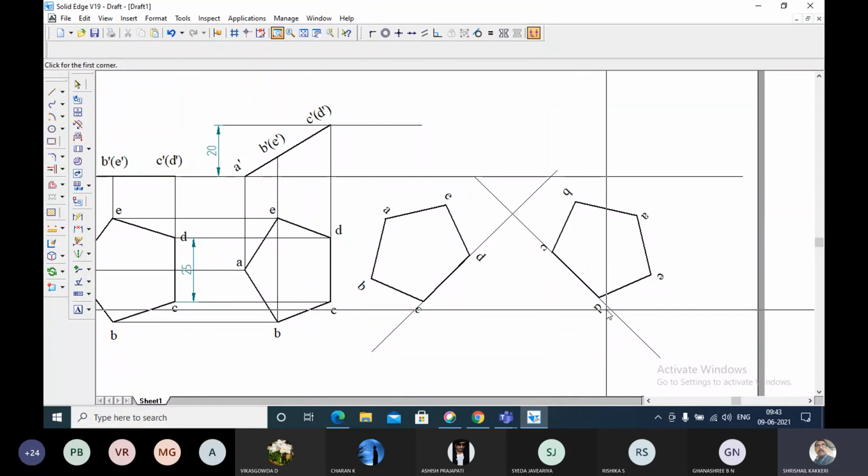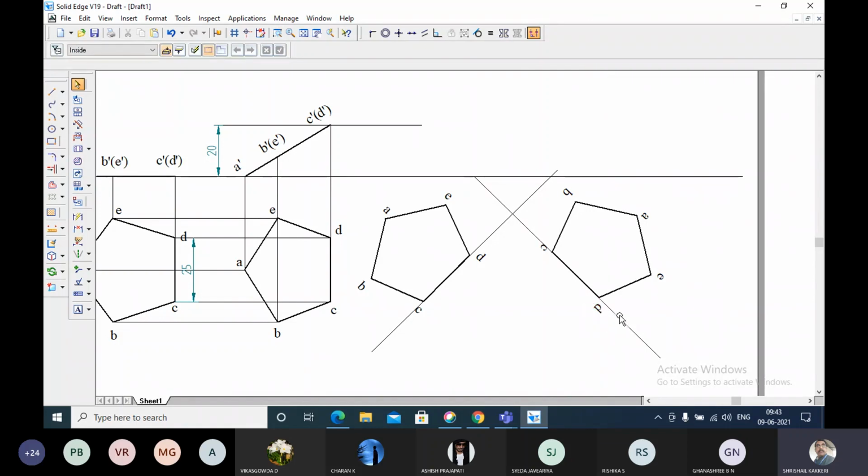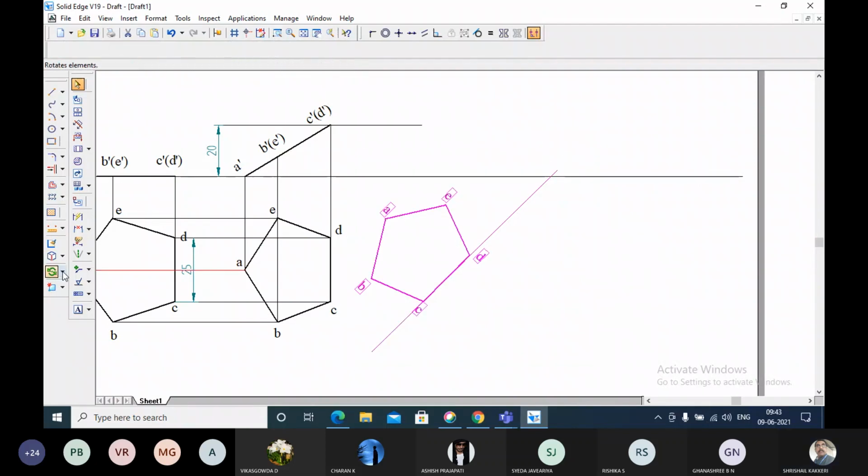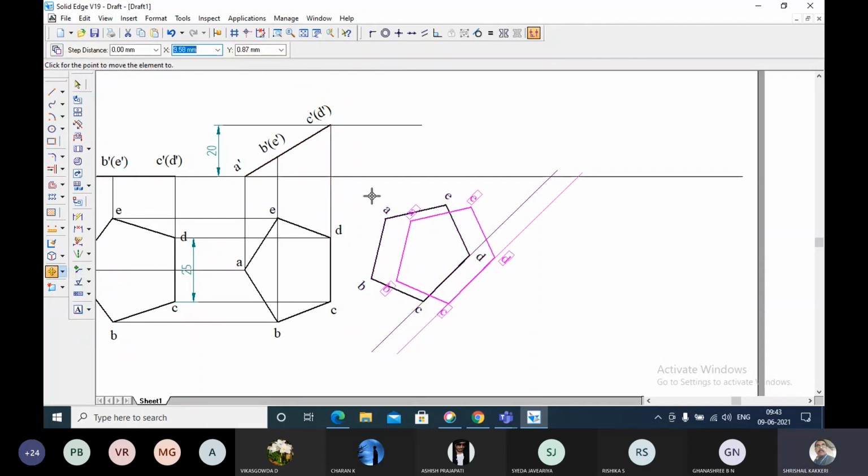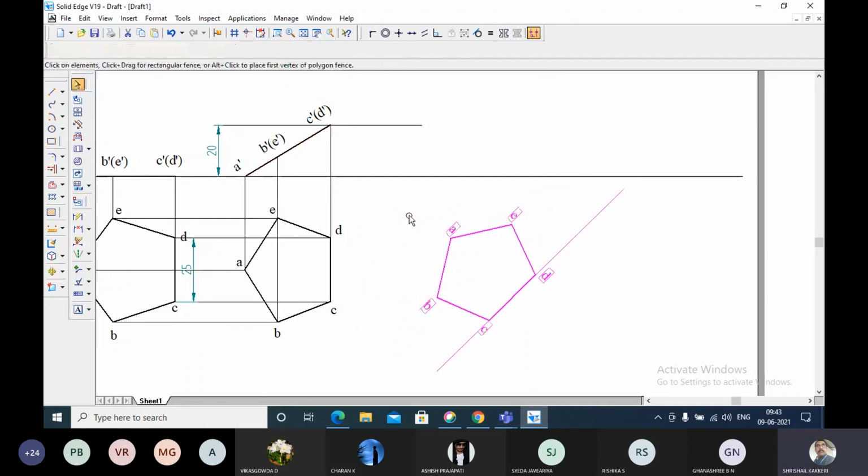You have to write CD only, otherwise the problem will become wrong. Whichever you want you can use. Now for my convenience I have taken this. You can keep it systematically, you can keep it wherever you want. Okay, here I kept. And it is not necessarily that this line has to join. It is not to join. If you want to, you can join it, or you can take it up to this point only.